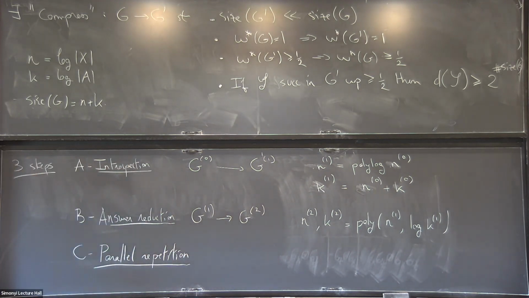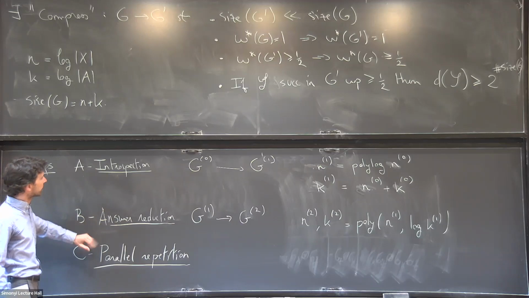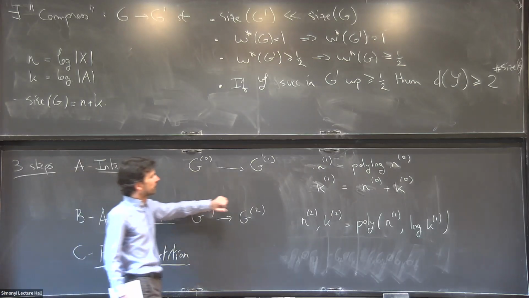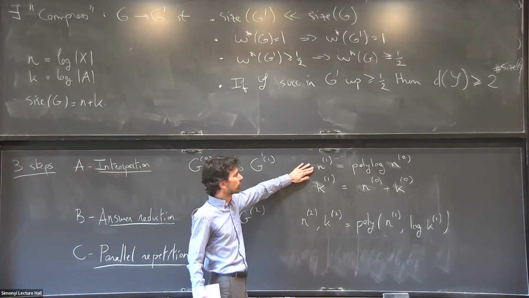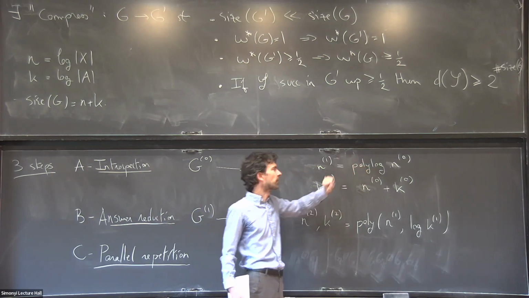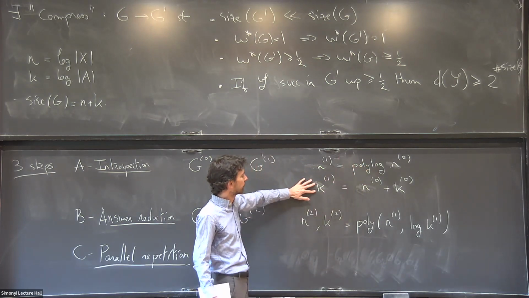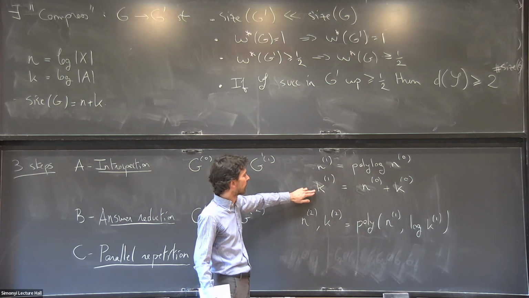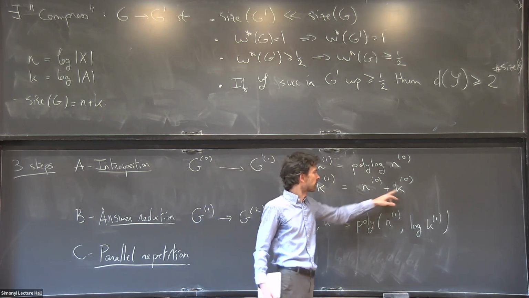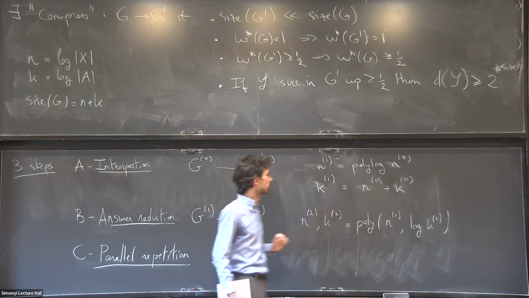All right, so let me try to talk a little bit through these things. We're trying to take games that have certain numbers of questions and answers and simulate them using games that have fewer questions and answers. We're doing this in 3 steps. The first step greatly reduces the number of questions, by a logarithmic factor essentially, and slightly increases the length of answers. It becomes the old length, but I added the length of questions here.